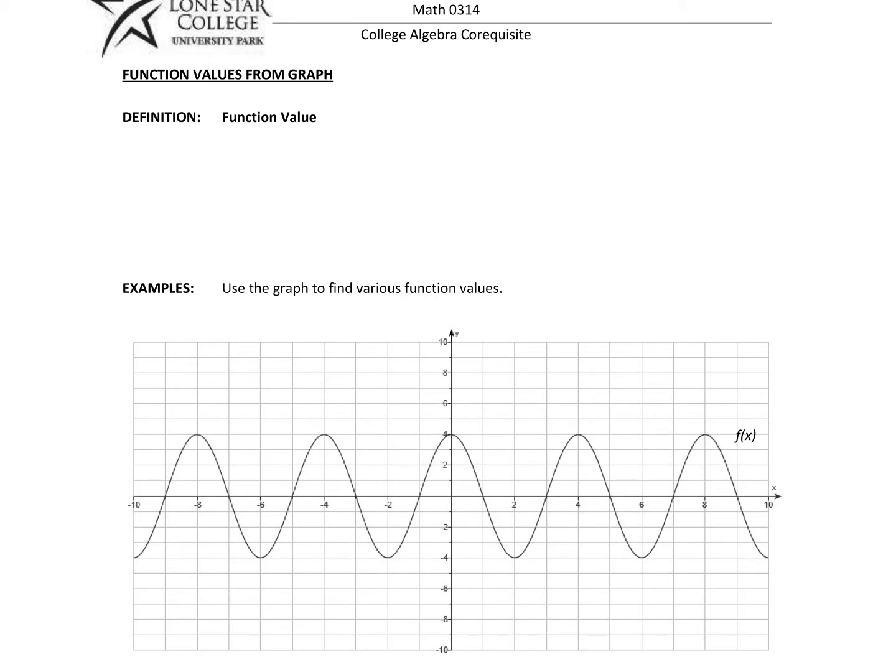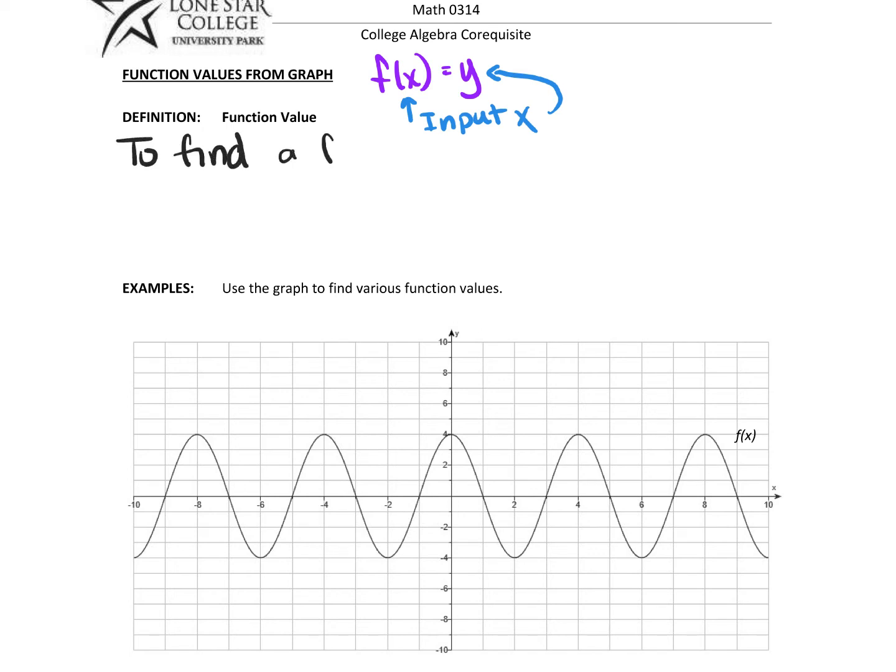And so now we're going to talk about what we call function values. A function value is another name for f of x. And remember, if you've never seen this, f of x really just means a function value, which is really a y value. And all it's telling me is that when I input an x, I'm going to get back a certain y. And so to find function values from a graph, because that's what we're interested in,